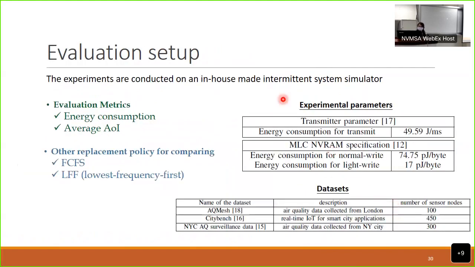Okay, so let's see our evaluation setup. Okay, in our evaluation,